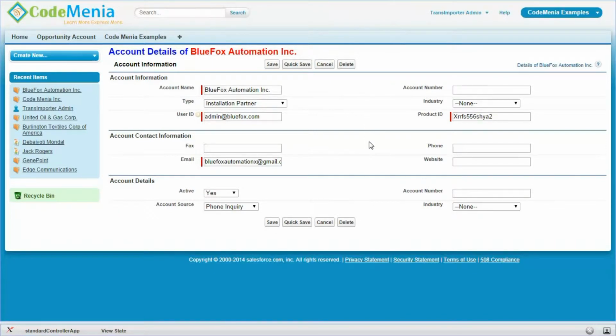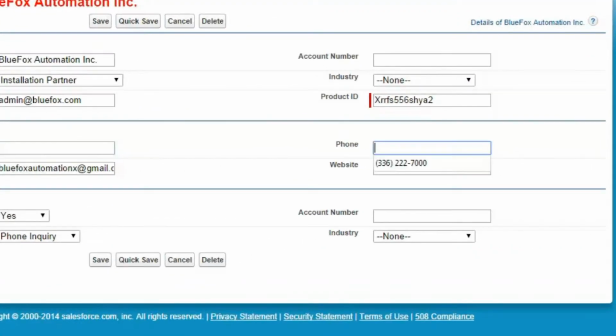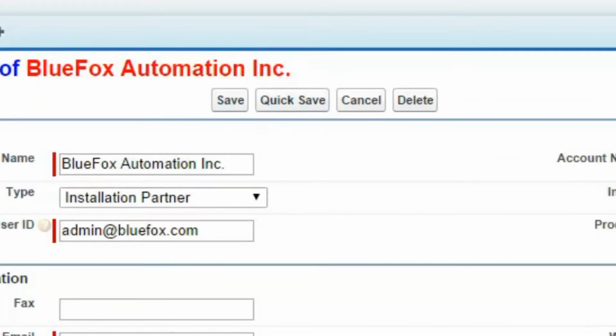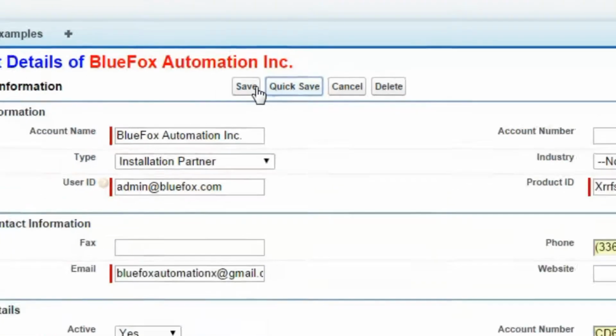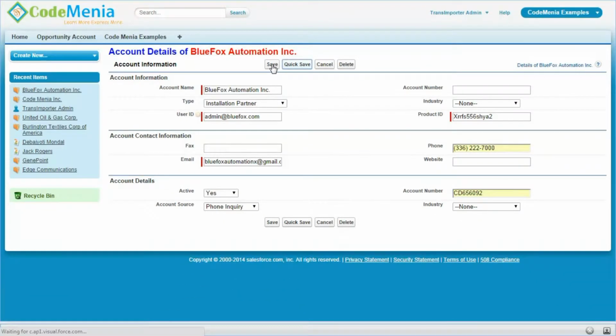Now we are going to update the record details using the standard controller. Here we provide the details to update the phone number and the account number of the account. Now executing the save method also updates the current record with the proper details.